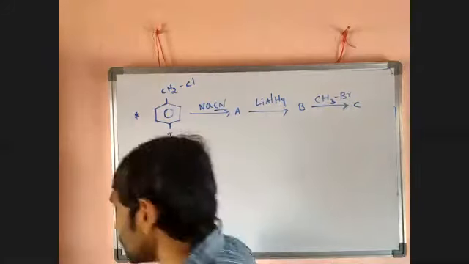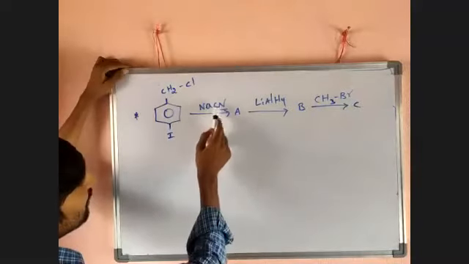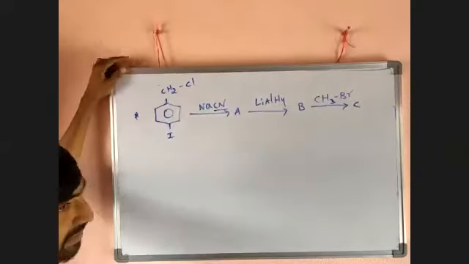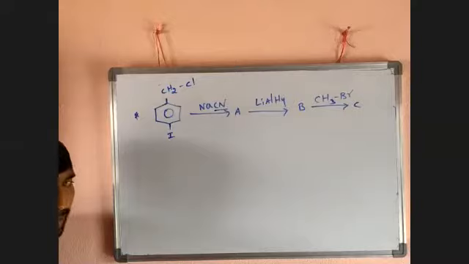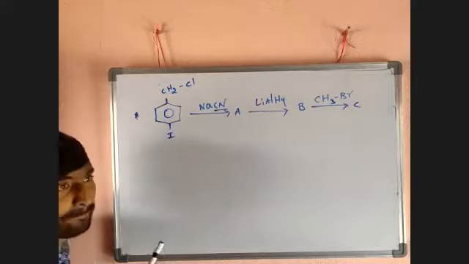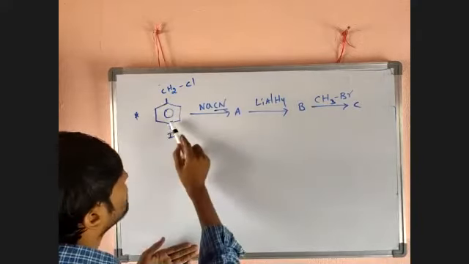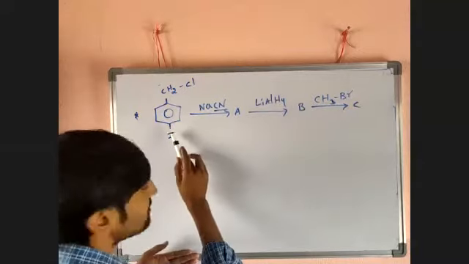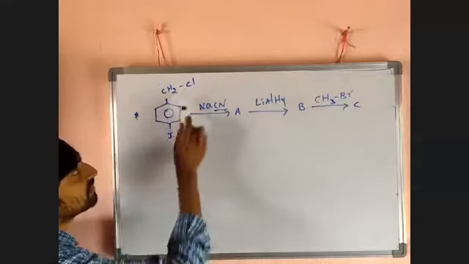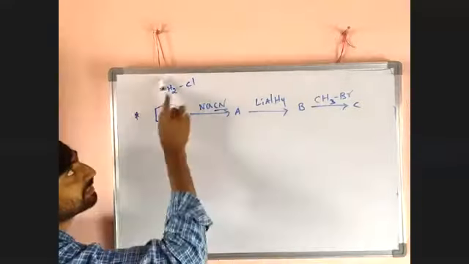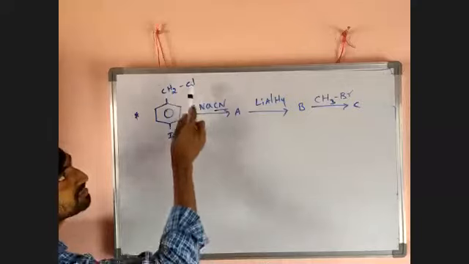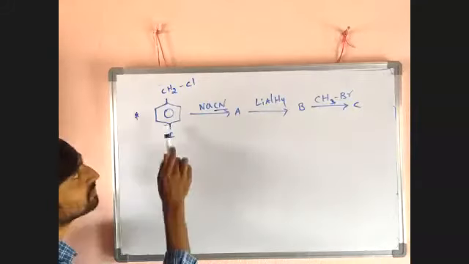Based on that, immediately we think that I will be replaced with CN. After elimination of I, we will get CN here. We think like that. But that does not happen, because this I is directly attached to the benzene ring. Means it is an aryl halide. So aryl halides are not involved in the nucleophilic substitution reaction. Now here Cl is not attached directly to the benzene ring. It is attached to CH2. Now it is an aliphatic halide, the other is an aromatic aryl halide. It is an alkyl halide. So Cl will be replaced with CN, not I. We think I will be replaced, but it is not exactly correct.